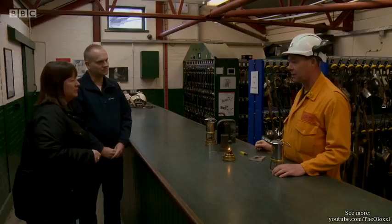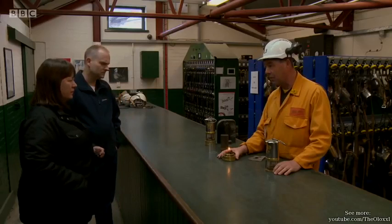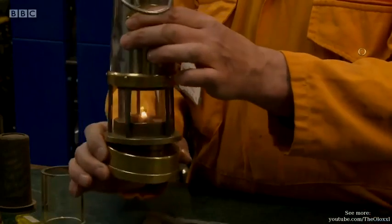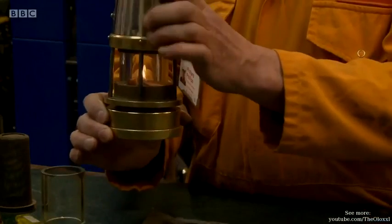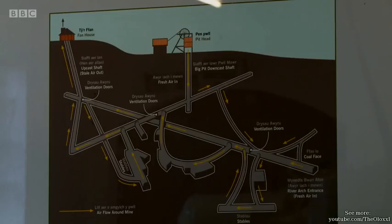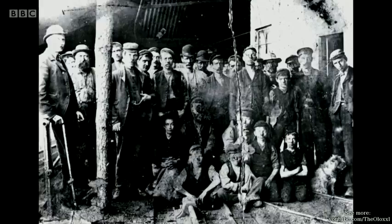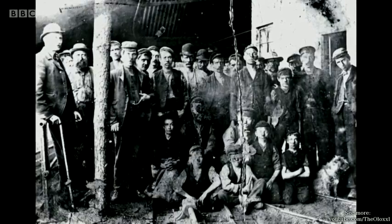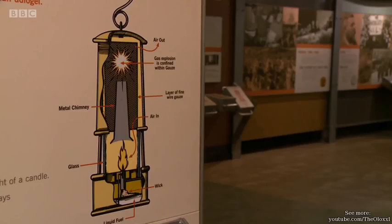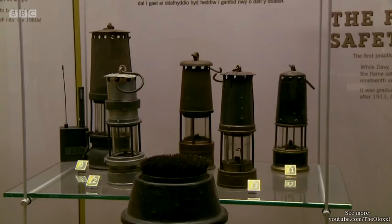This is where the miners would have picked up the lamps to go underground. Here we've got the miner's safety lamp, which was a piece of engineering that was developed into the coal mining and saved thousands and thousands of lives. Deep in the mines, there was the danger that methane gas found in coal could escape into the air. And if it did, when it met the naked flames of the miners' oil lamps or candles, it could cause potentially lethal explosions. But over 200 years ago, Cornish entrepreneur Humphrey Davy came up with a solution known today as